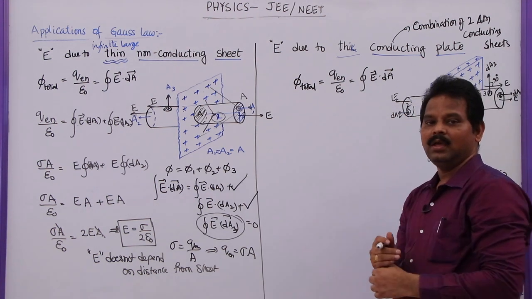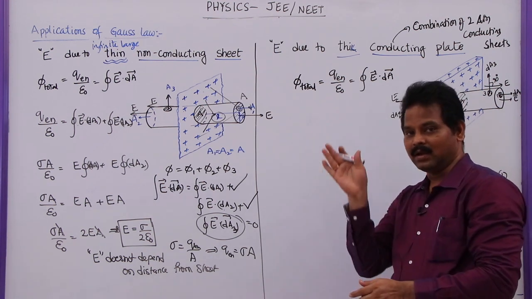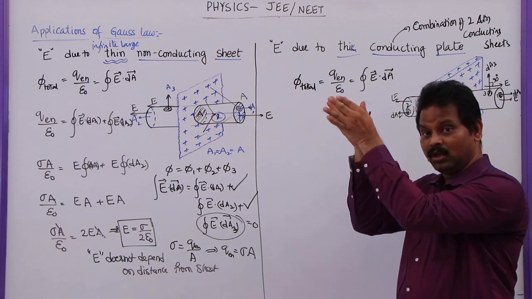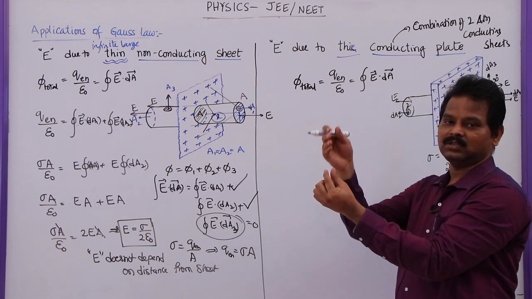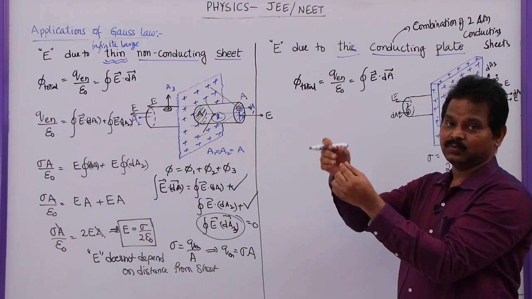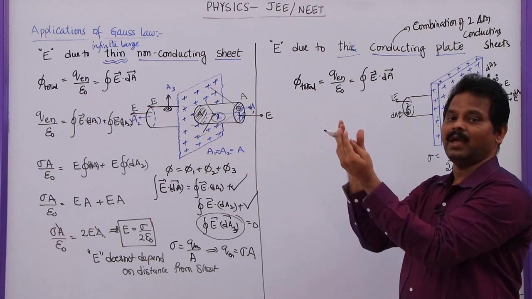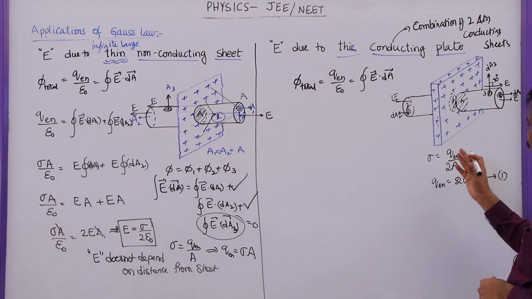Here the charge is spread through the volume, but as the thickness is negligible, I consider only the surface charge density on the middle portion of the plate, not on this side or that side. I consider this just like a small paper. On the paper the thickness is very small, and the charge is spread throughout its volume, so I will consider it as a surface charge distribution.